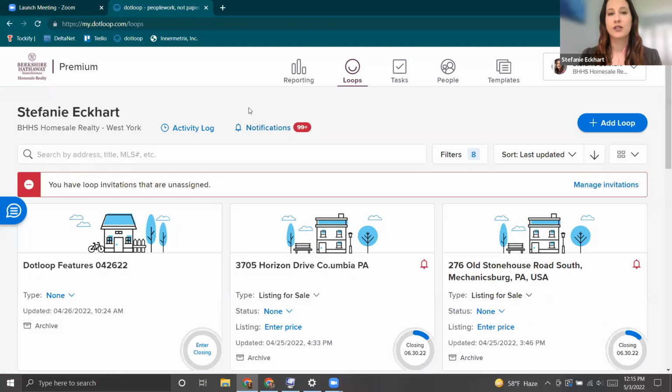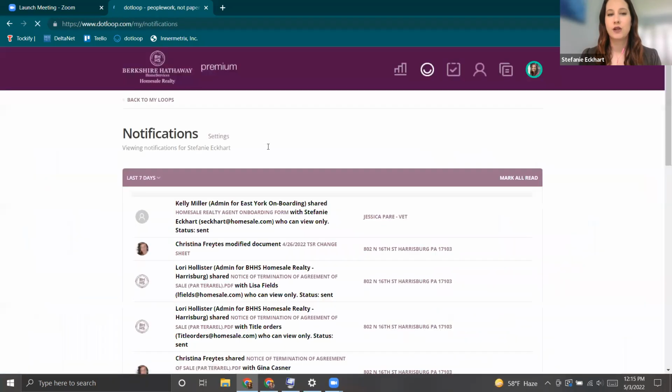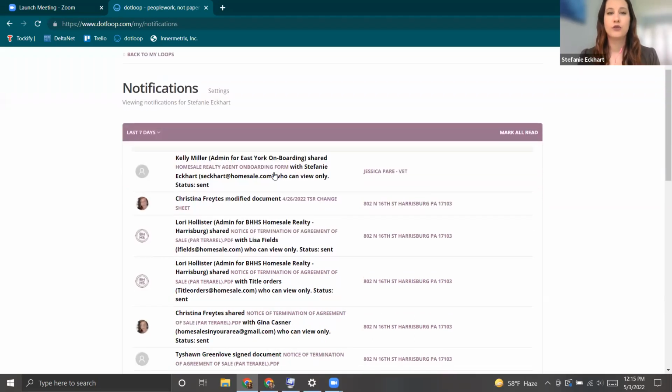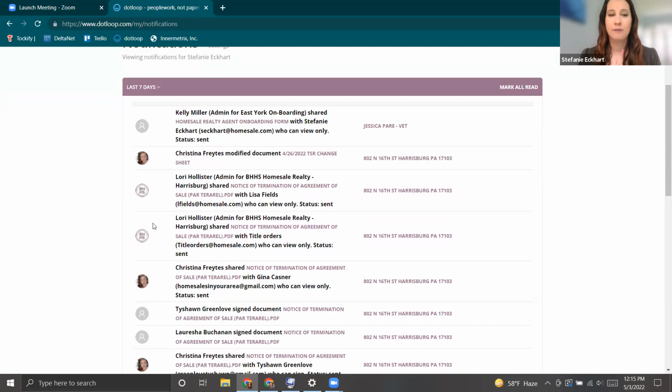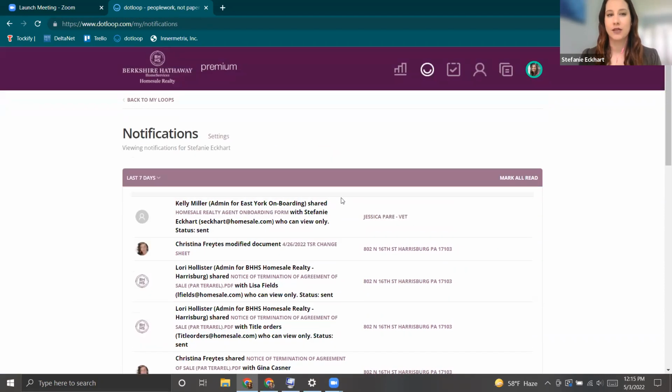there's also a section here for notifications. These are typically system generated notifications. So if I have assigned a person a certain role as a buyer or a seller or as an agent, and I'm adding documents to my loops, the system is going to let me know what types of things need to be signed by myself or by others, but it's also keeping track of other notifications like people who have modified things or those who have shared other things or those who have signed. So it's really monitoring and tracking a combination of activity items. And if I click back out to my loops again,